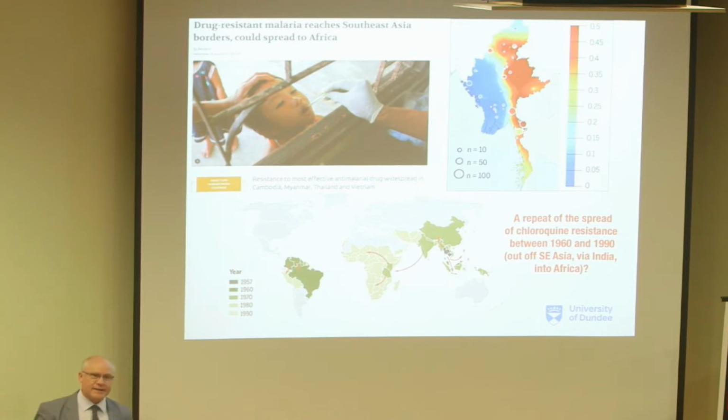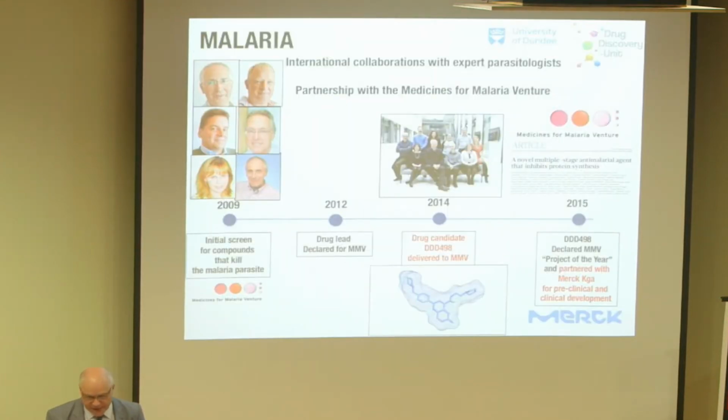This is exactly what happened between the 1960s and 1990s for a drug called chloroquine. We used to have a fantastic drug for malaria called chloroquine, and now it's completely useless. Resistance started in Southeast Asia, particularly in Thailand, and then moved through the Indian subcontinent and into the African continent. And by 1990, this wonderful drug was completely useless. And the same thing, I'm afraid to say, is starting to happen with artemisinins. It'll take several years before they're rendered useless, but unfortunately, they will go. So we need to have some replacements ready.